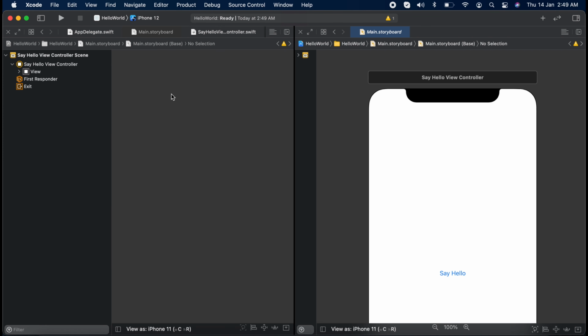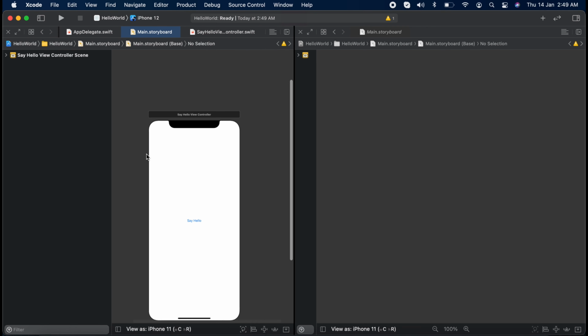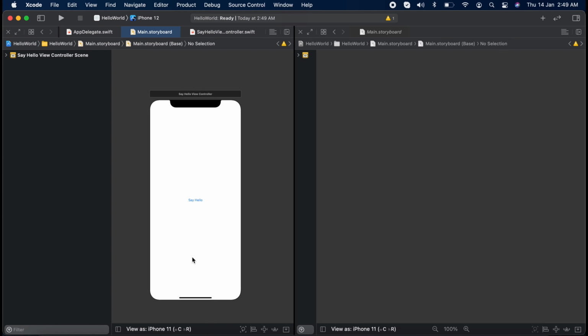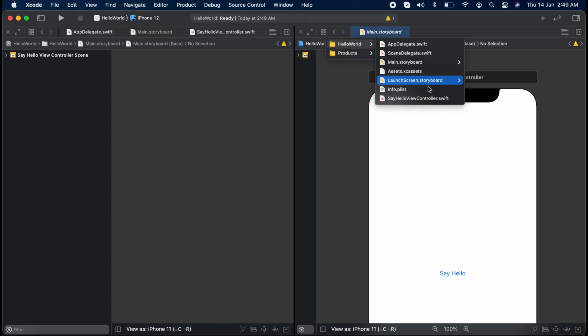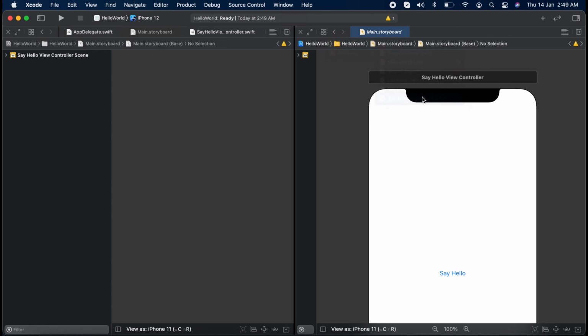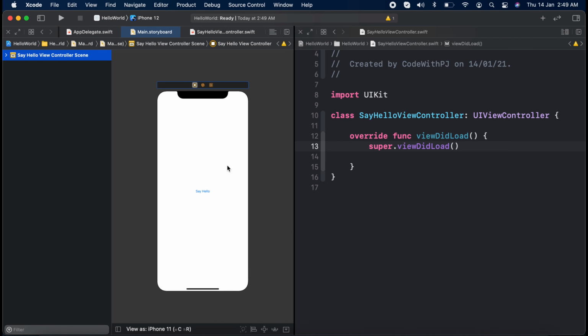So here I have my view controller scene, right? And here what I need is the SayHelloViewController, and here I have this scene.